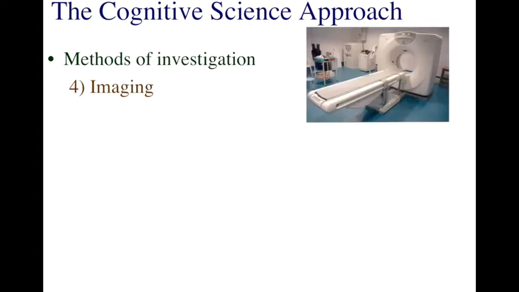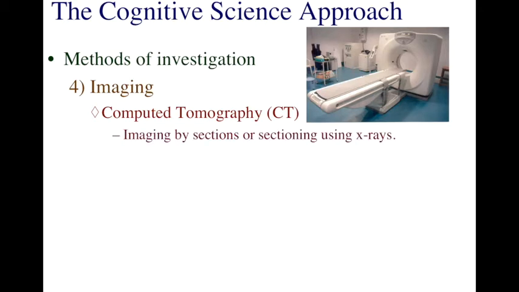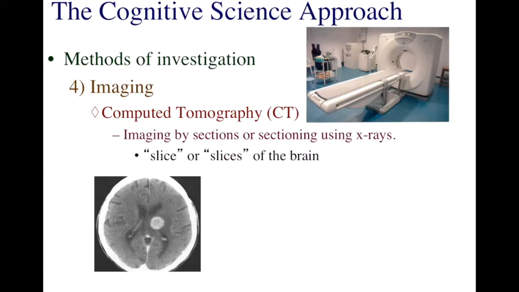One of the most popular forms of investigating cognitive neuroscience today is to use imaging. There are two types of imaging. Structural imaging involves trying to get good pictures of brain structures. One of the earliest and most common ways to do this is to use computed tomography, or a CT scanner. A CT scanner uses X-rays to take pictures of slices of the brain. Here's an example of a CT slice of the brain.